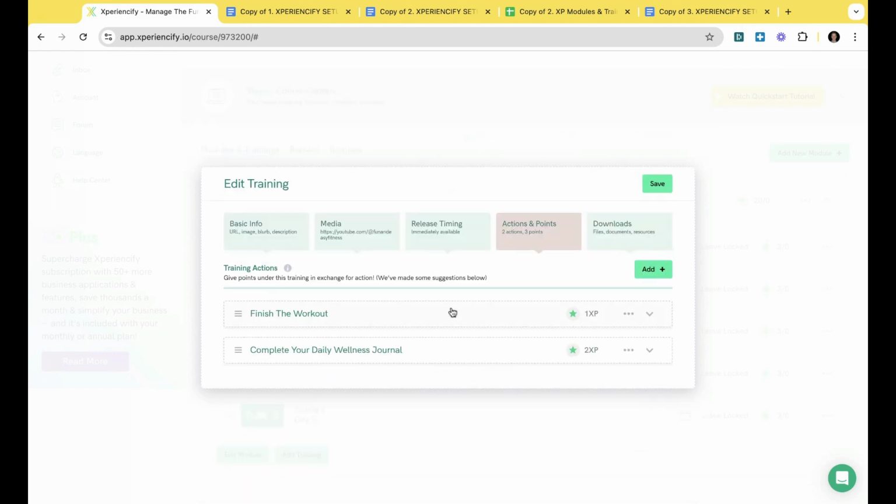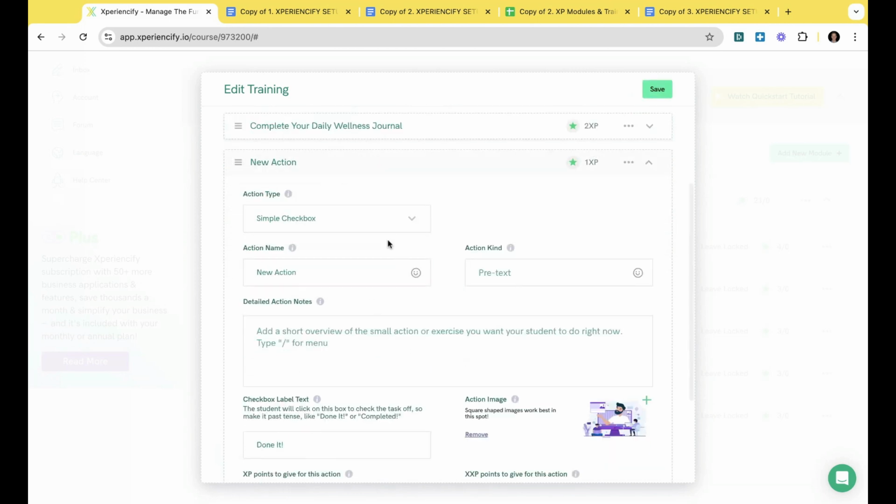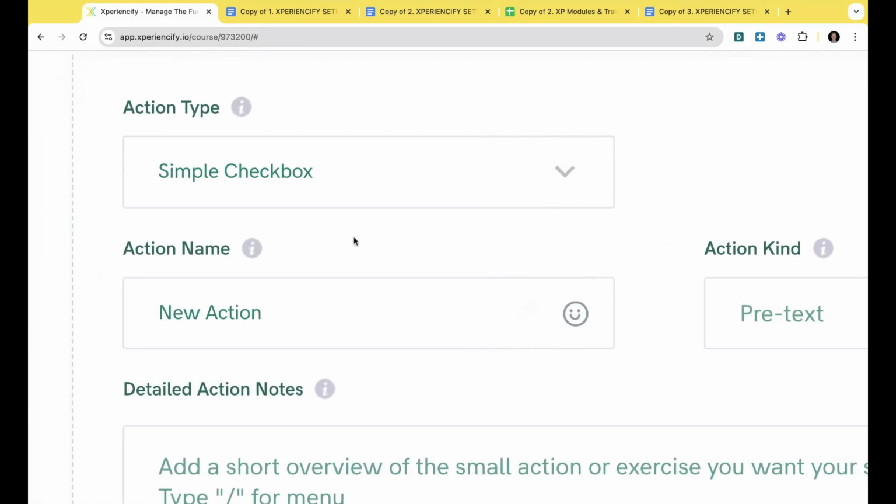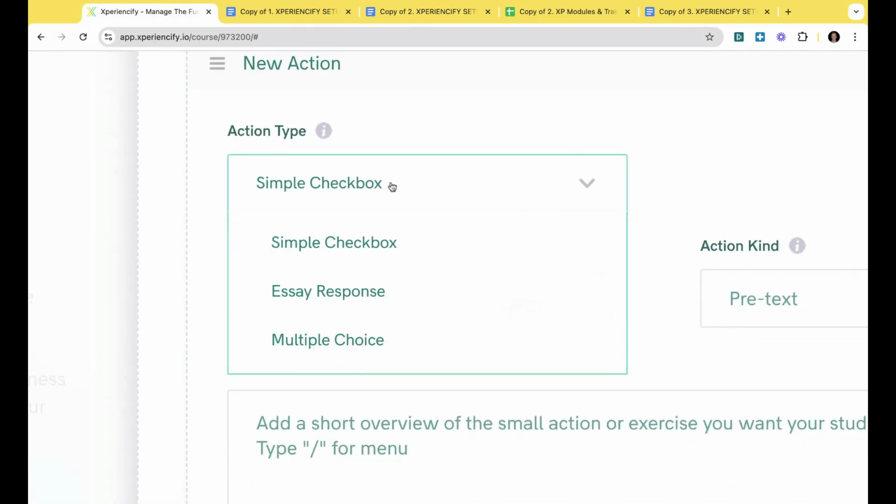And then finally, I'm going to show you the different types of actions. For this next one, rather than just a simple checkbox, we can have an essay response, where we ask them to give us feedback, or we can have a multiple choice question. Many people think of this as a quiz, so it's a way to test knowledge.